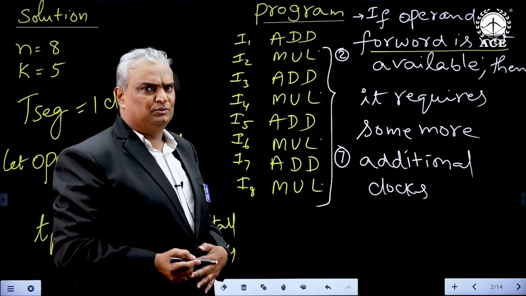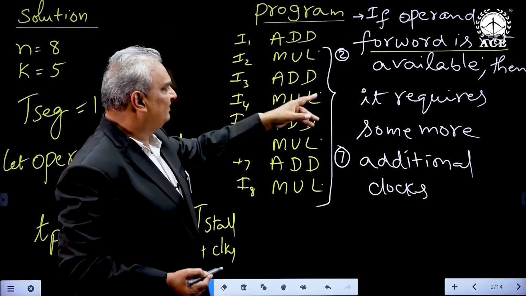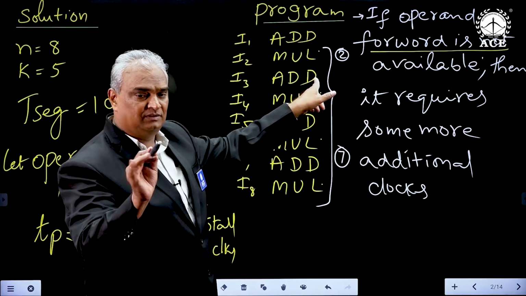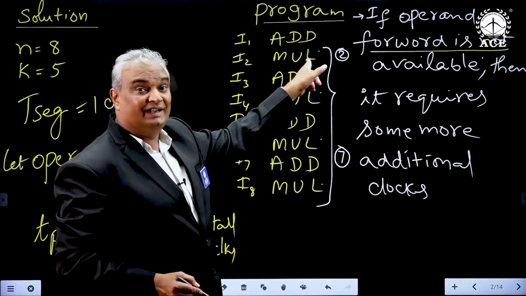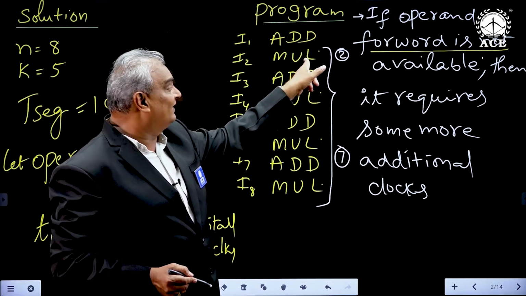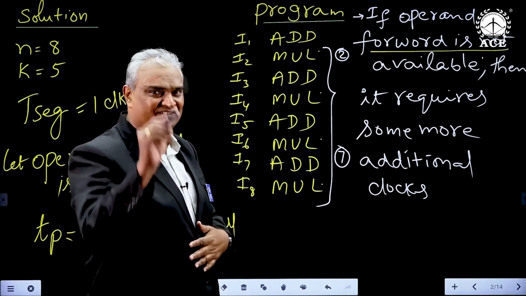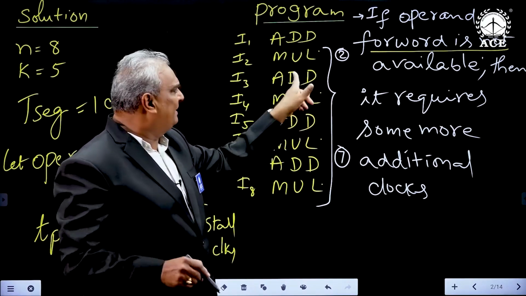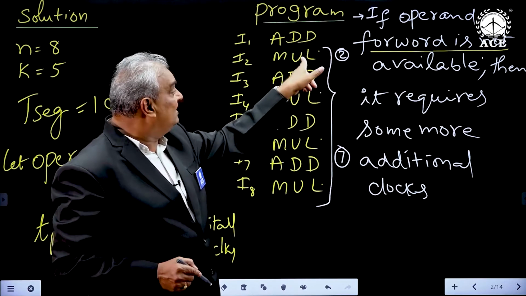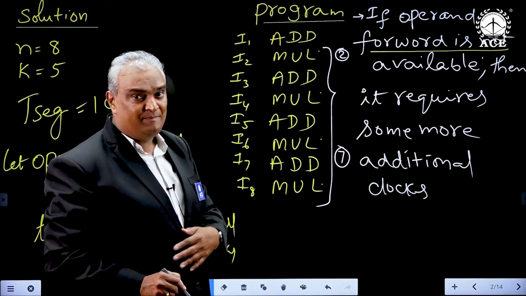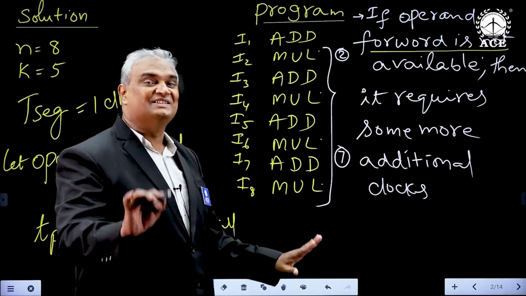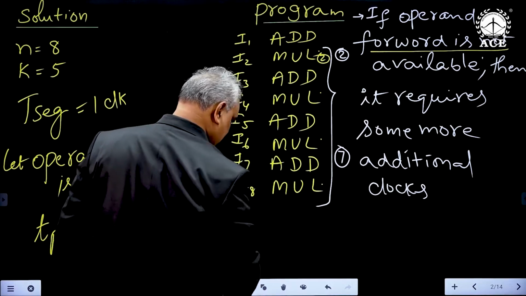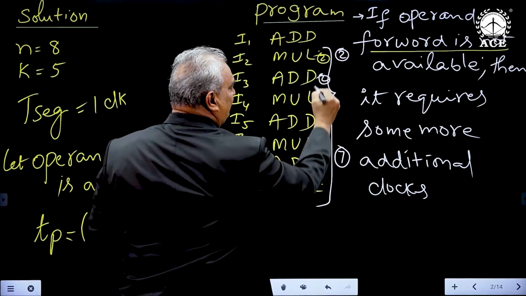Finally, what I am trying to say is, it takes only 1 clock cycle for operand receiving, but it takes 2 clock cycles for supplying the operands, meaning the partial result. That's why, whatever the number of clocks required for the add instruction, the first mull instruction takes 2 clock cycles. It is continued for all since it is a pipeline. That's why it takes two more.